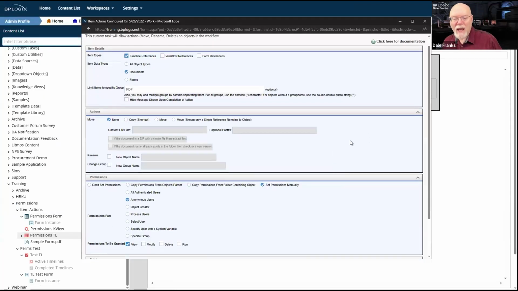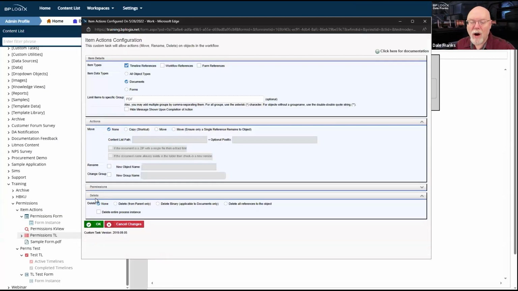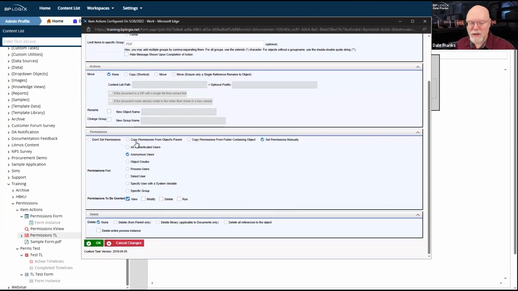Because this custom task gives you the ability to set permissions on objects. Well, I didn't mean to collapse that. I meant to highlight it, but there we go. It's this permissions section right here. I can set my own permissions technically on every object, irrespective of what partitions are set on the rest of the system. So in this particular case, with this custom task, I have now given anonymous users view permission to